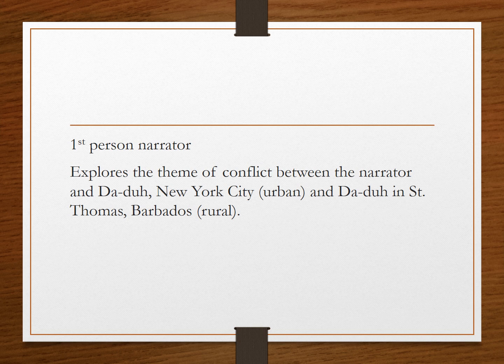Now, in addition to this, we also understand that the narrator and Dadu are from separate worlds, are living right now within separate spheres, separate worlds, and so they will contrast with each other. The whole idea of what is urban and what is rural. We understand too that the narrator comes from the urban area, New York, and Dadu is from Barbados, the rural